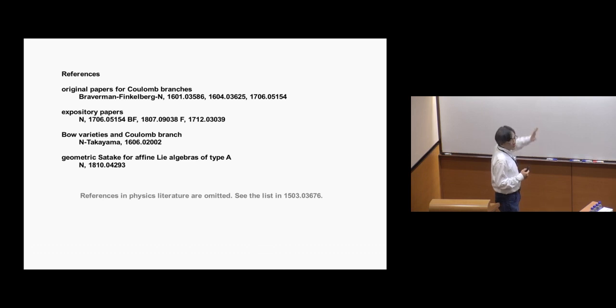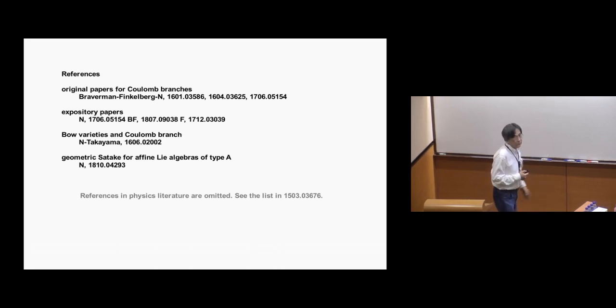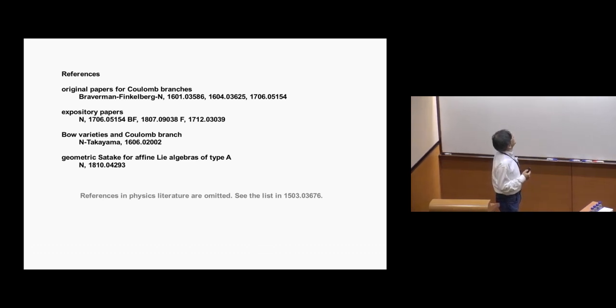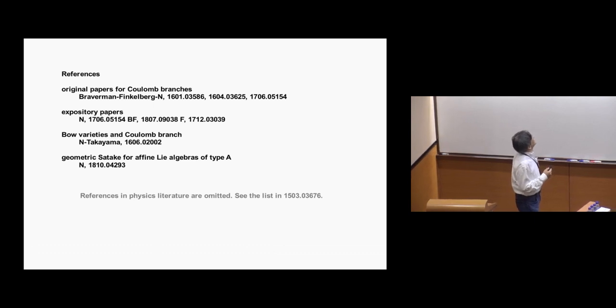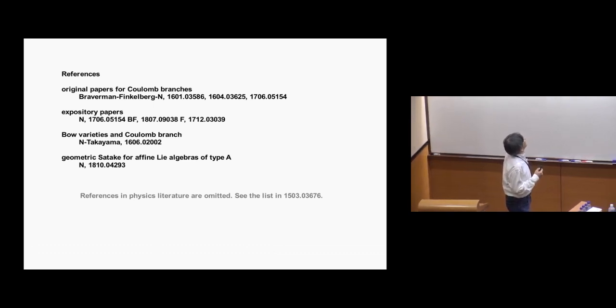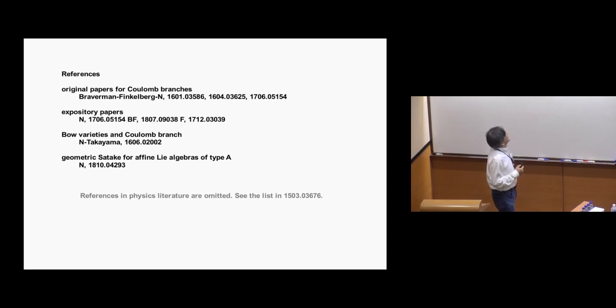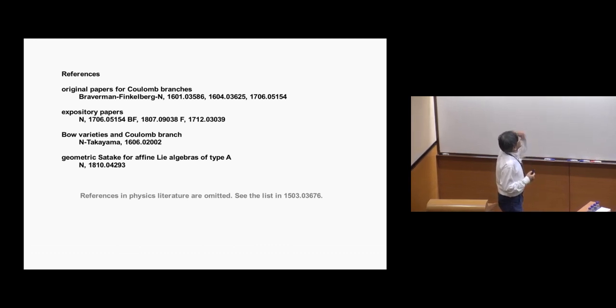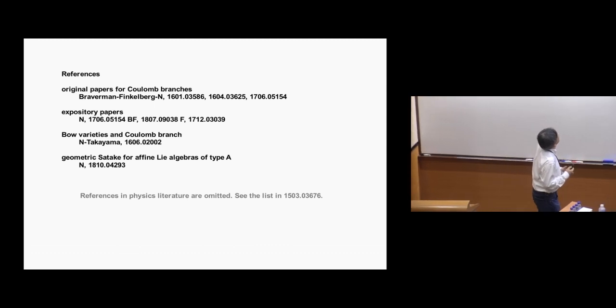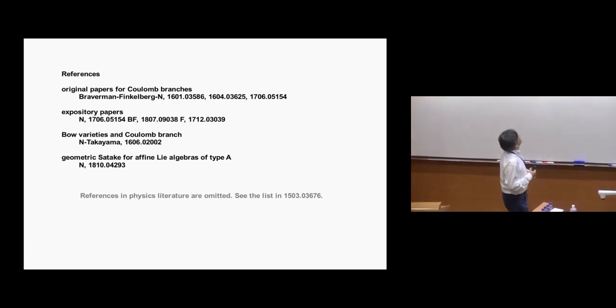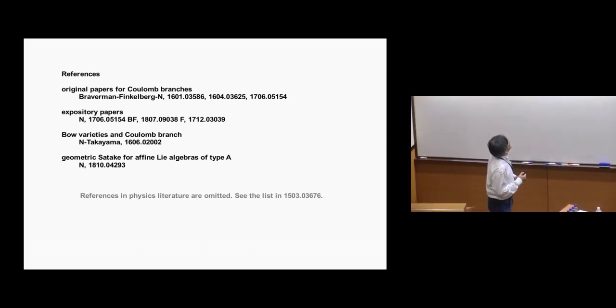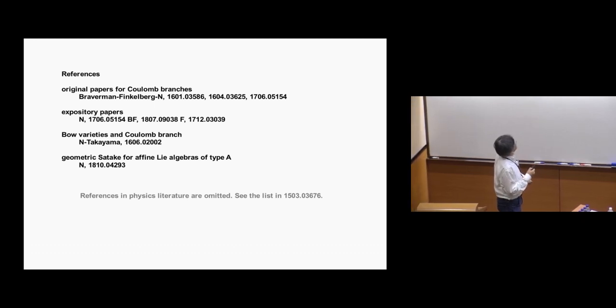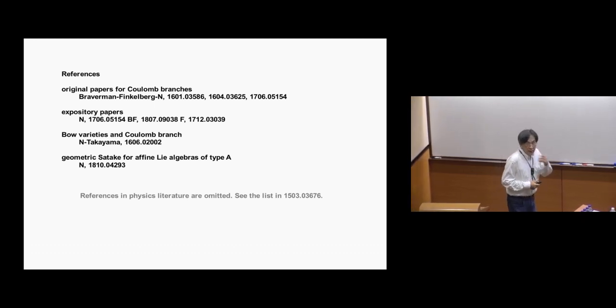And in the latter half, I will talk about Bow varieties, which are closely related to Coulomb branches, and also quiver varieties, which I have studied for many years. And then, as an application of Bow varieties and Coulomb branches, I recently studied geometric Satake for affine algebras. And for type A, we established geometric Satake in this paper. And the Coulomb branches